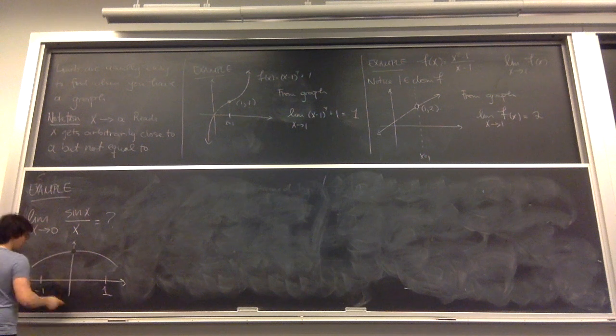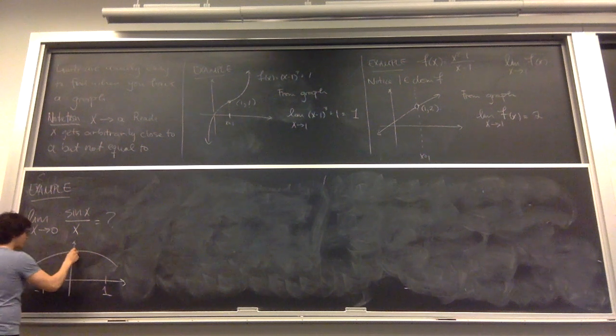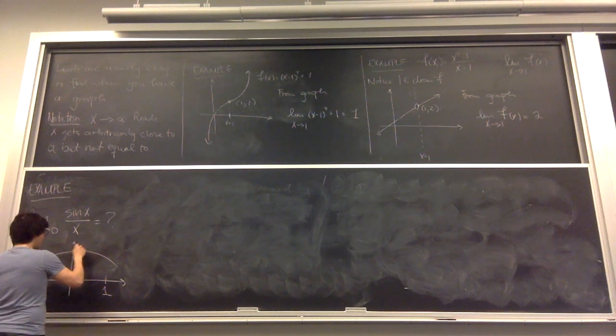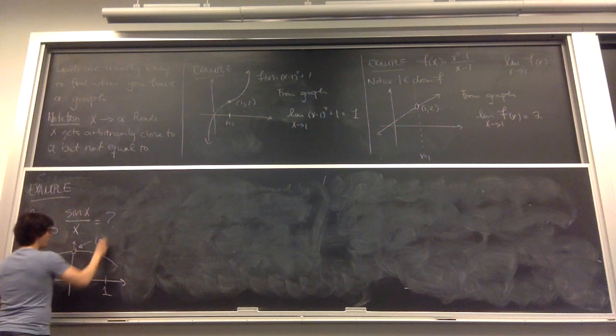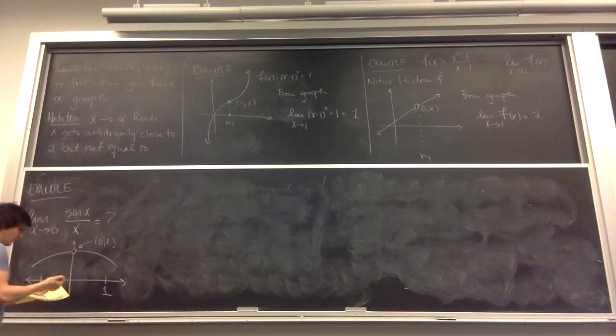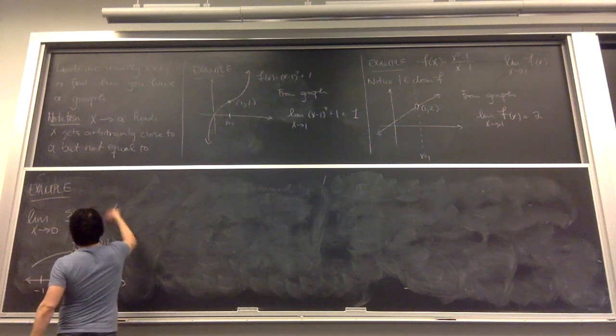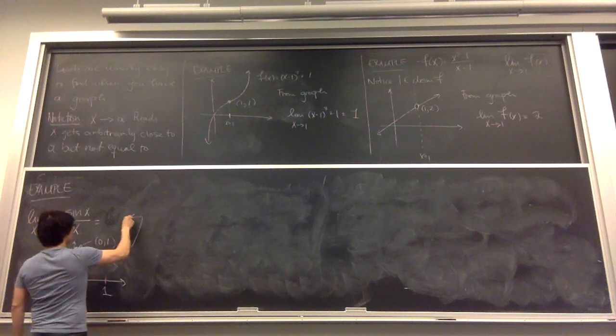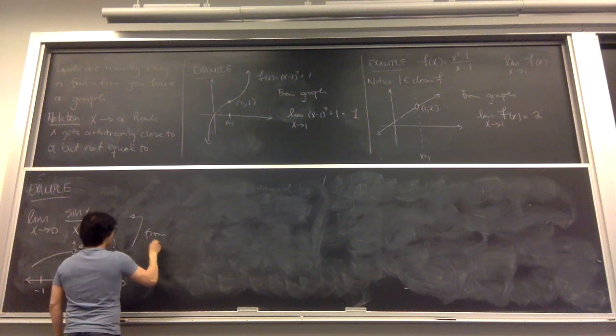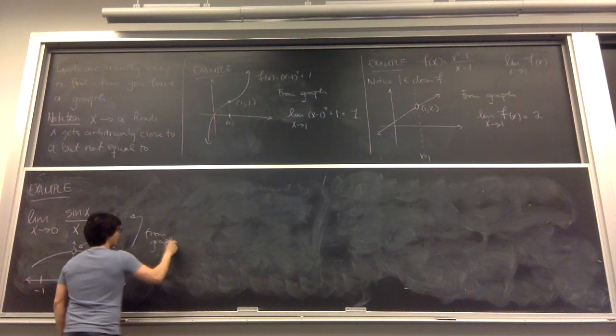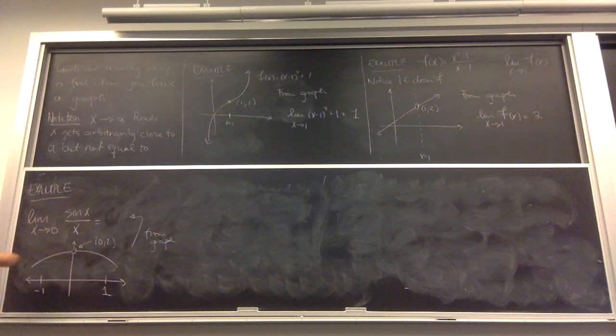It has an open circle here, right? Because you're not supposed to have a definition. And I'm going to tell you that the point here is 0, 1. So class, read for me from the graph the limit. 1. And at least do me the courtesy of waiting for me to write the rest of the question on the board. I'm teasing. Okay, so if we're walking towards 0 on the x-axis,